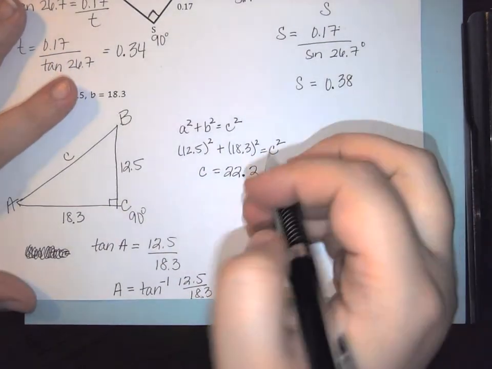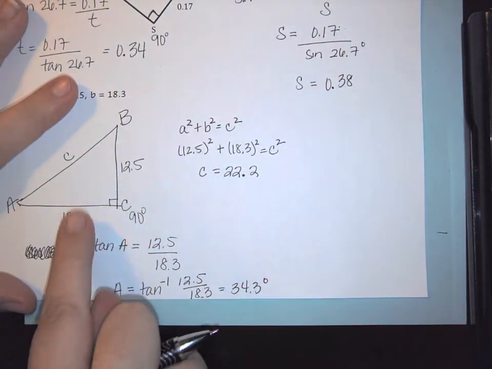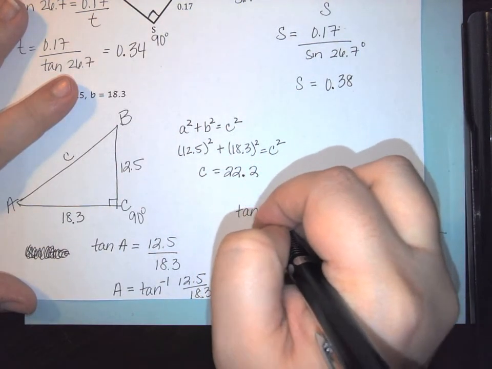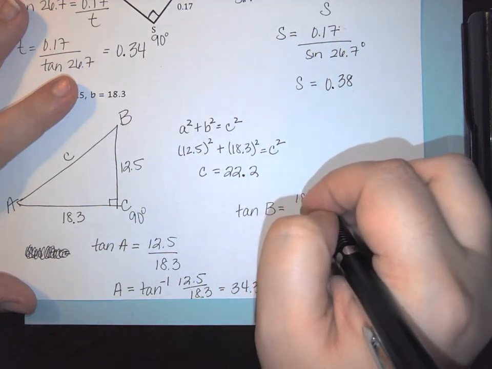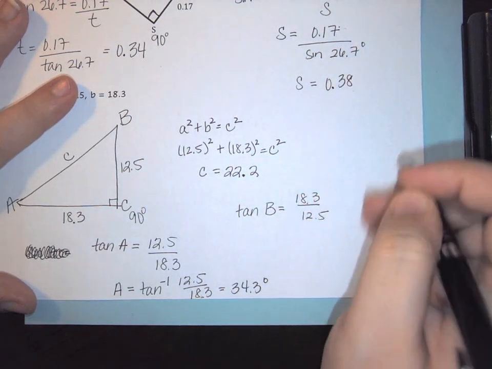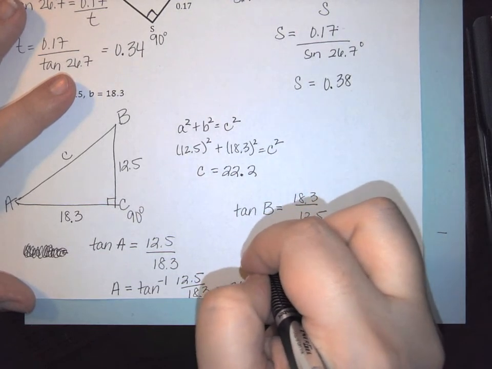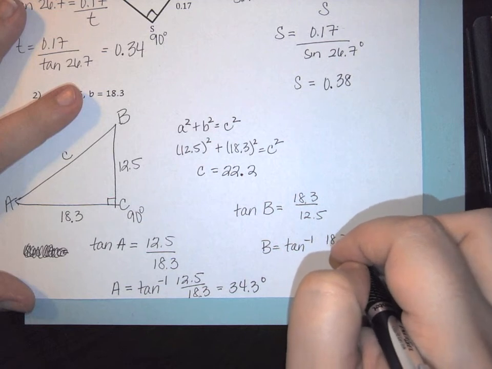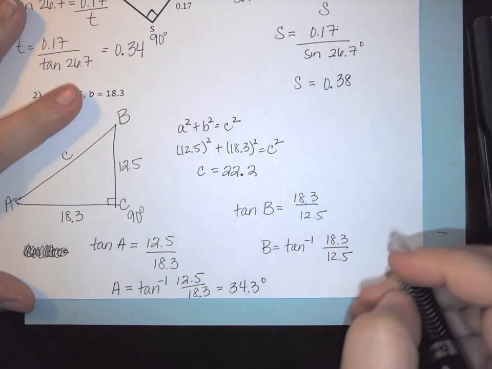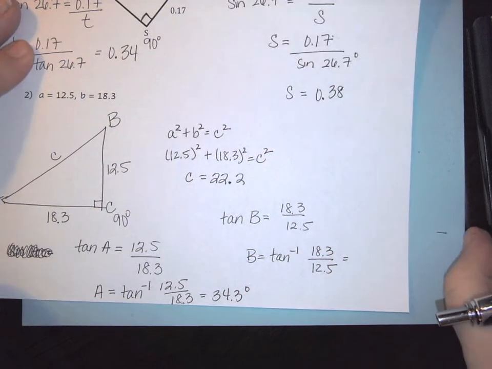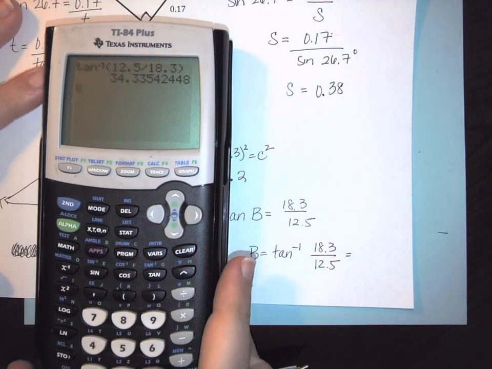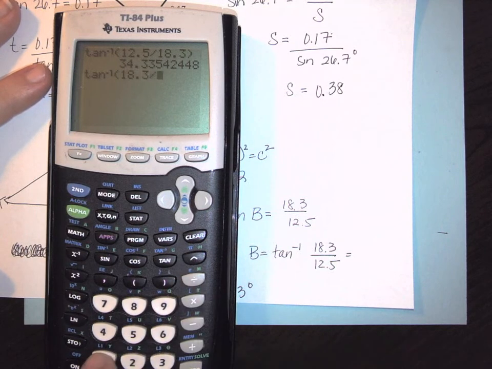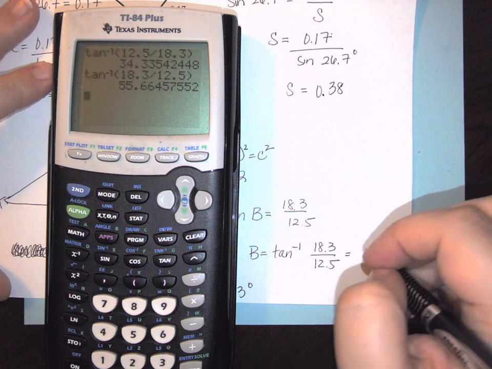The last piece we need to do is we need to find B. So again, we have opposite over adjacent, so we're going to do the tangent of B is equal to 18.3 over 12.5. So B is going to be the inverse tangent of 18.3 over 12.5. So this is going to be, again, second tan of 18.3 divided by 12.5, hit enter, and we get